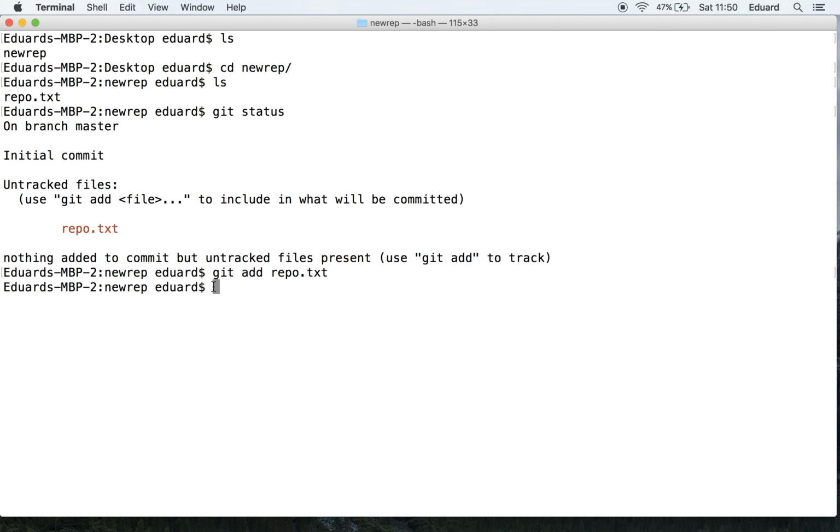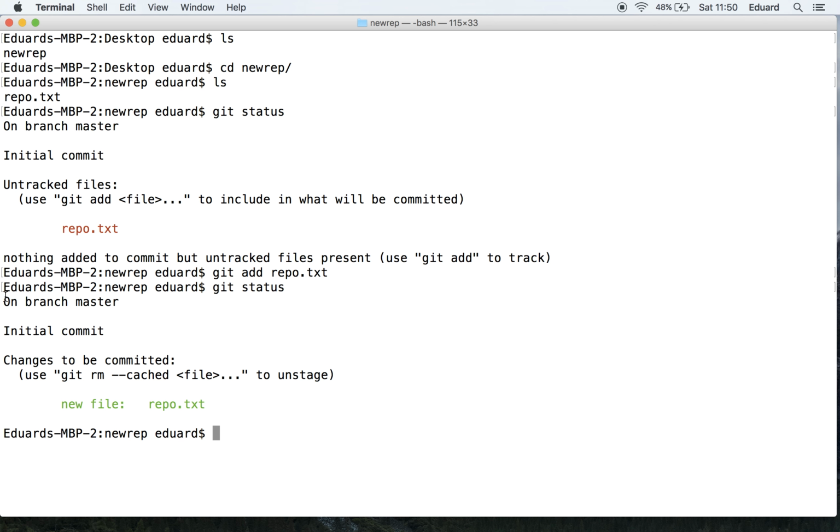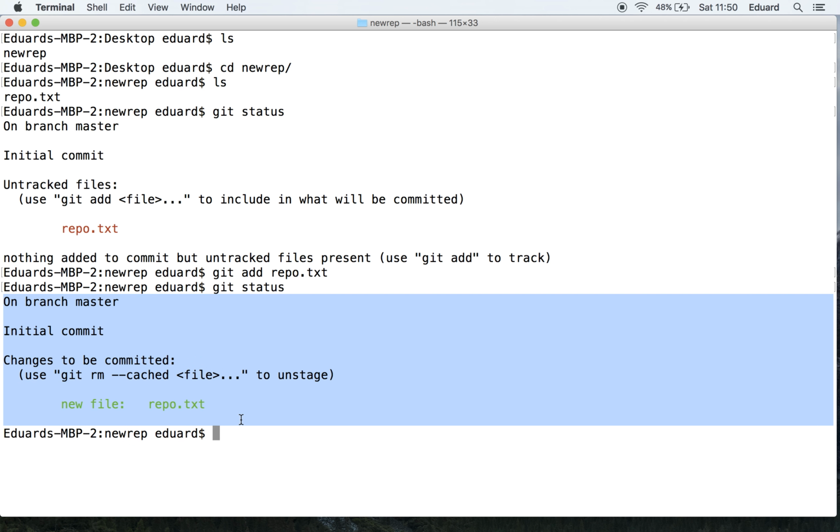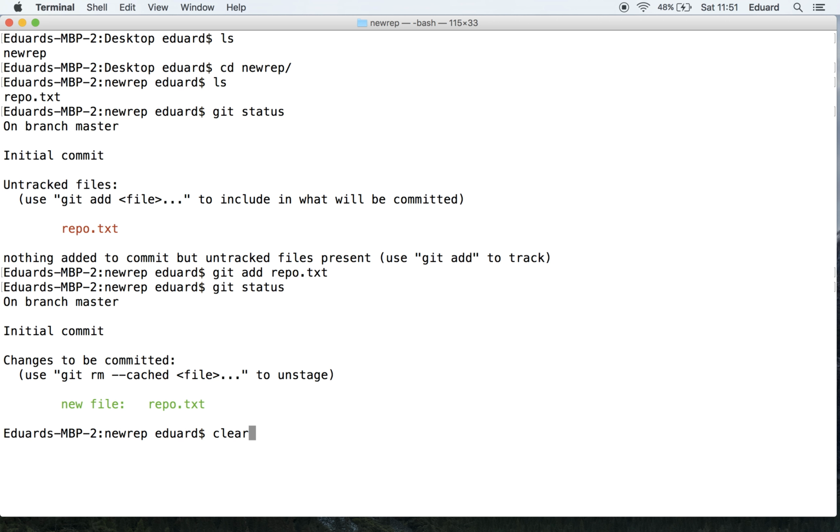Right, now let's hit git status again and see what Git is telling us now. So, as you can see, git status tells us that we have a new file called repo.text, and you can tell that the file is staged because it's under the changes to be committed heading. So this file is yet to be committed, but it's something that Git is actually tracking at the moment. So let me go ahead and clear the screen,